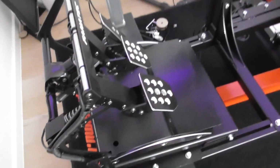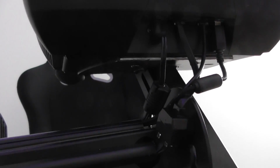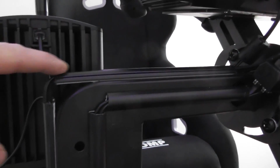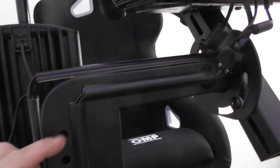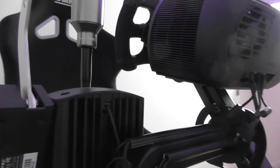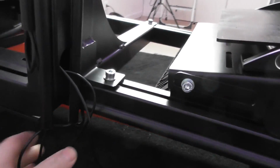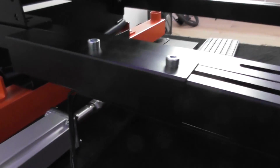That's the whole point. Have a look on the other side. So look at these pedals, they're beautiful, aren't they? Yeah. So I already did a bit of cable management here because there's a lot of cables coming out of this steering wheel, and I put black, you can hardly see them, they're over here. I put black cable management thingies, I don't know how you call them in English, but like gutters. So the cables go in there, still have to manage them, some come out underneath here and go through the hole